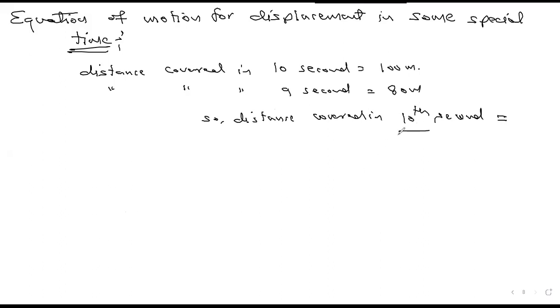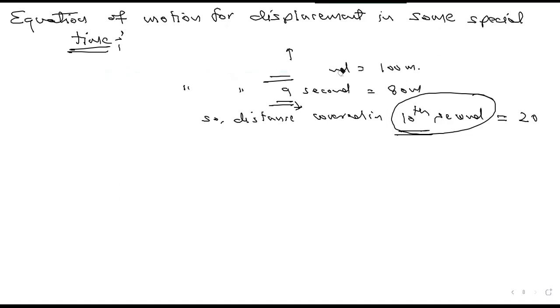10th second मतलब समझे? 20 meter. अब ये 10th second जो है ना सर, this is only 1 second. This is from 0 to 10. This is from 0 to 9. This is 9 के बाद शुरू हुआ, 11 से पहले खत्म हो गया, यानी कि केवल 1 सेकंड। इरेज कर दूं इसे मैं? नहीं कर दूंगा। अब मैं इसकी इक्वेशन बनाऊंगा, ध्यान से देखिएगा।